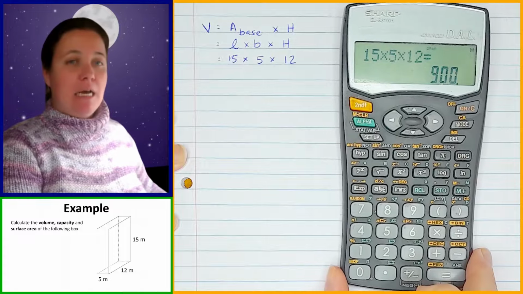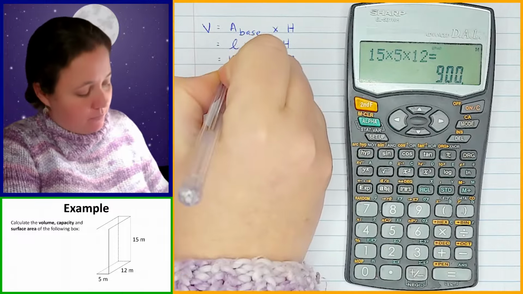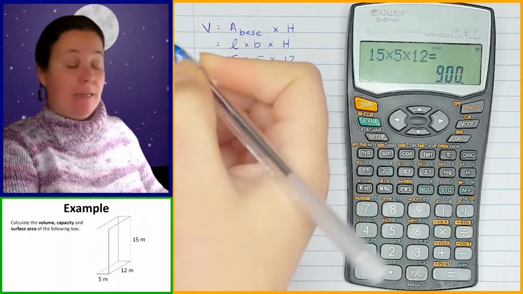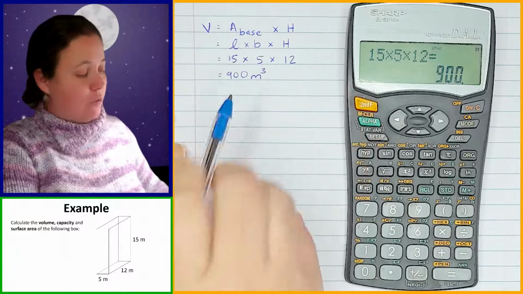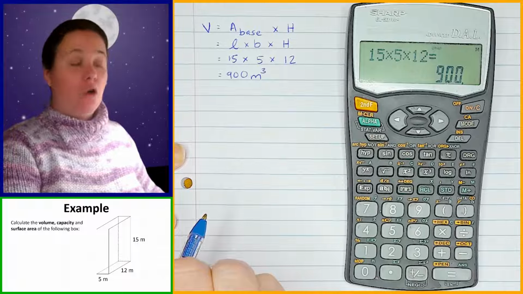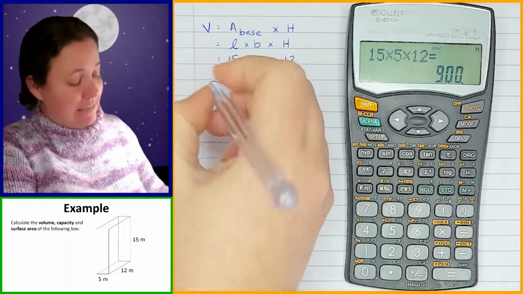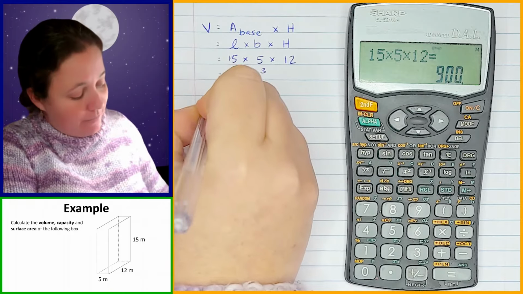And that gives us 900 meters, and volume is measured in meters cubed. Okay, so that's what you would get for the volume for that one. Now we have to go and work out what the capacity is. Okay, so for the capacity,